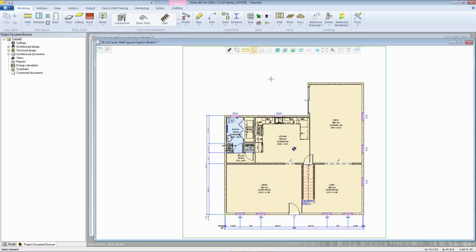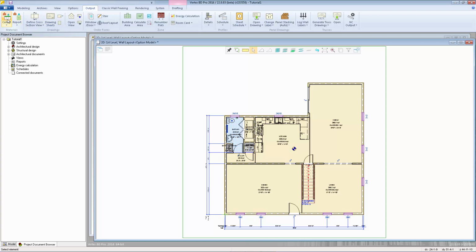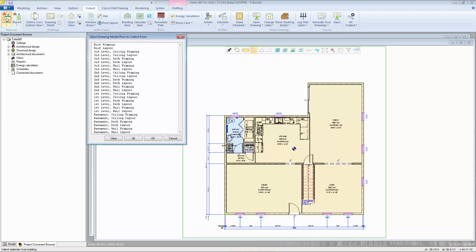Before generating a material report, you first have to collect the materials, which we can do from the Output tab, and the first function is Collect Materials. I'm going to choose all of the drawings,